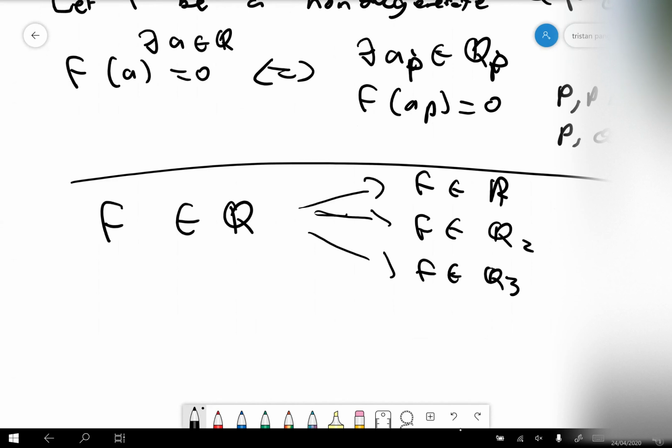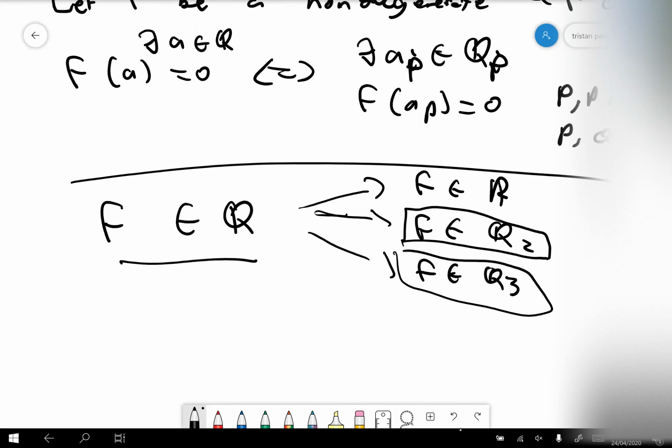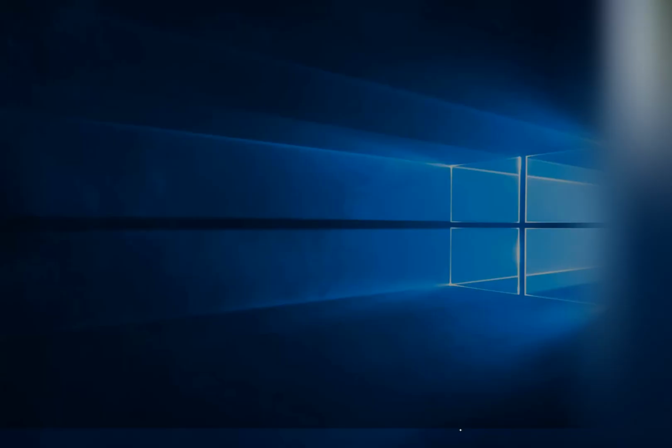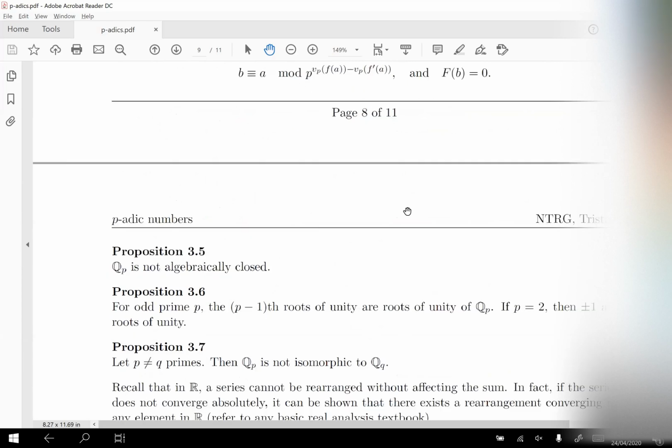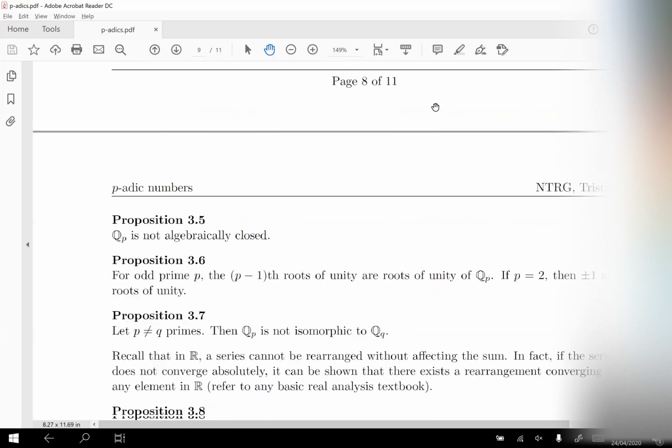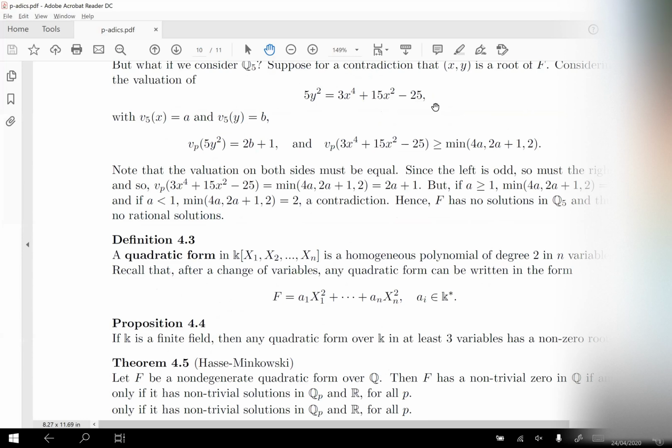So there's an infinite number of equations to check. But actually, it's much easier to check things in the p-adics than inside the rationals. And it's super easy to check whether something has a solution inside the real numbers. So I gave an example inside here. So if we consider,